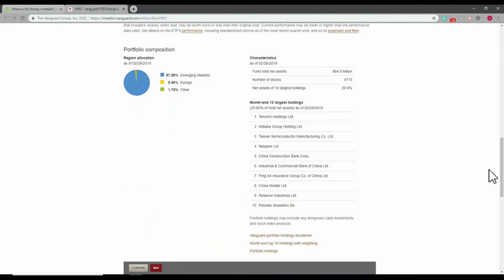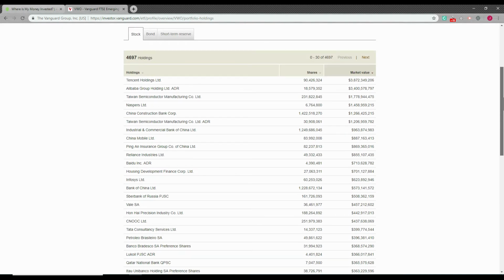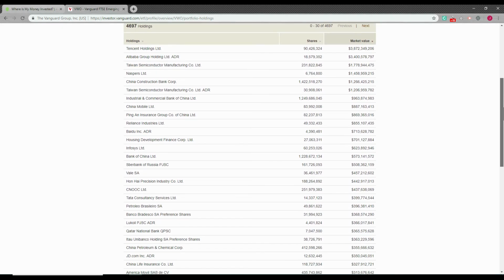And here you can see emerging markets. You can see their top 10 real quick, their portfolio holdings. They have close to 4,700 holdings, and you can see these portfolios are very diversified. You see a lot of China stuff, China Construction Bank, Taiwan, and Baidu. You see Bank of China. You see, how do you pronounce that? Sberbank of Russia. Sorry, I don't know how to pronounce it. You can see Tata